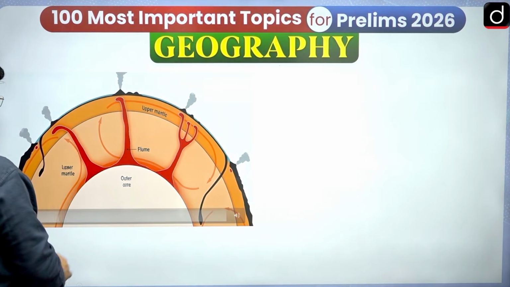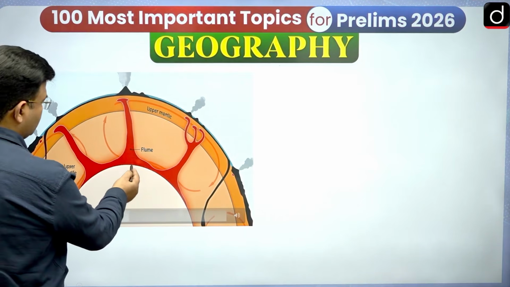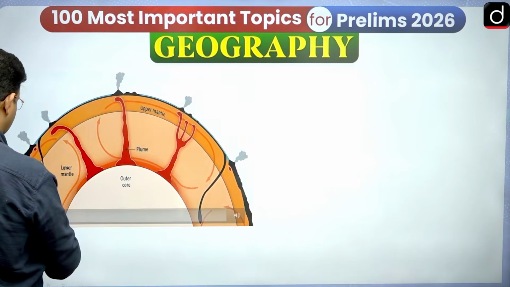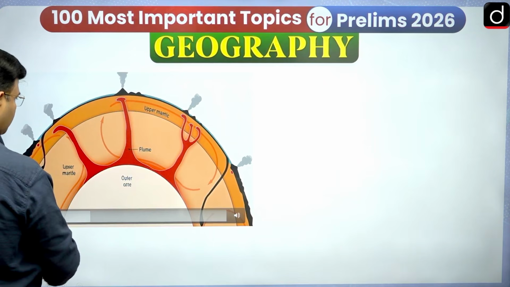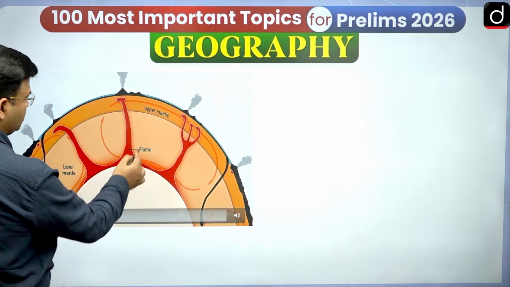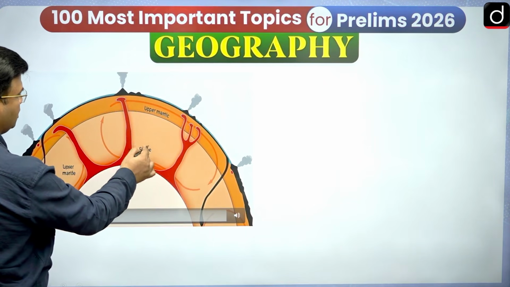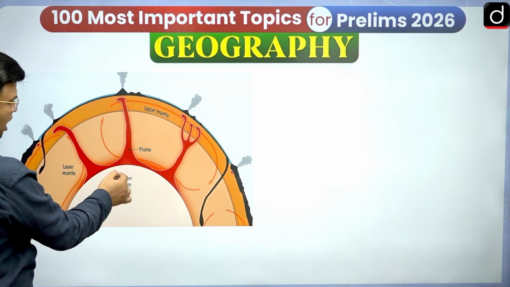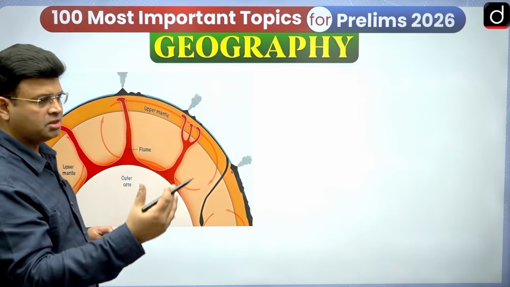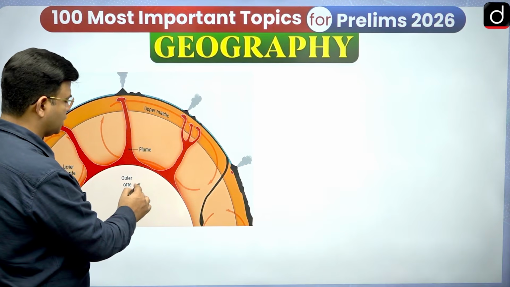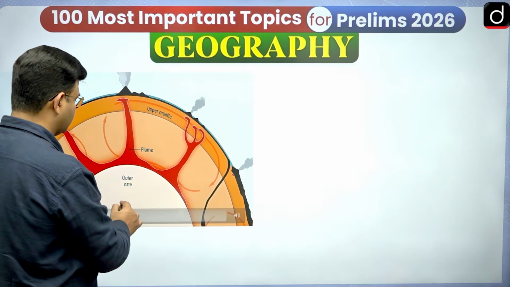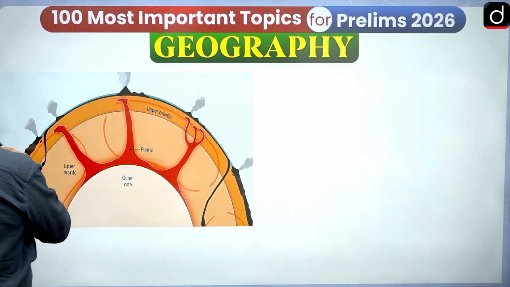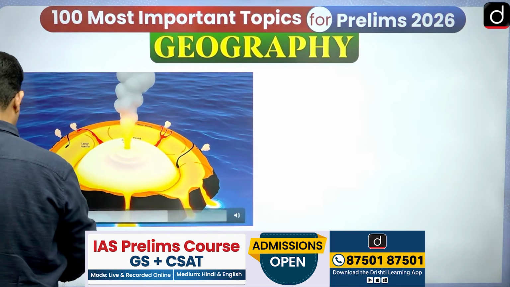Here it is an outer core, this is the mantle, lower mantle, this is the upper mantle. What is happening actually along the outer core, there is very high heat. The outer core has very high heat, around 4000 degrees Celsius. In this region the temperature is around 4000 degrees Celsius, and because of the very high temperature,